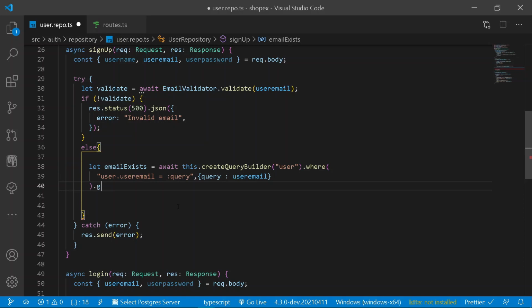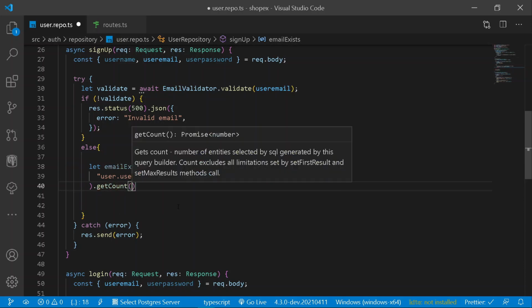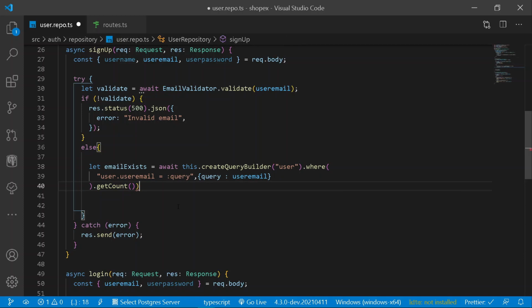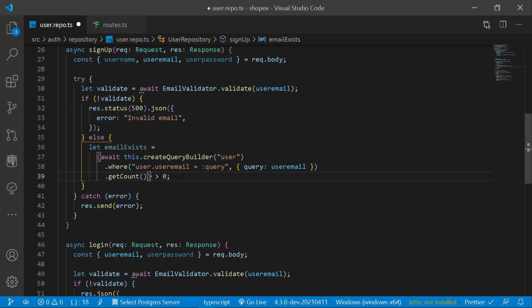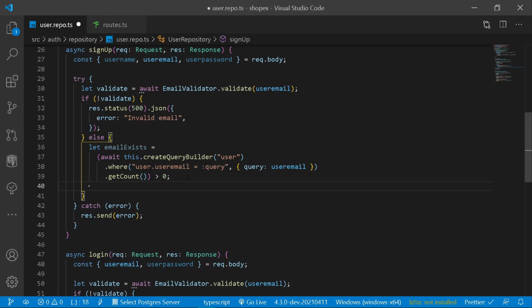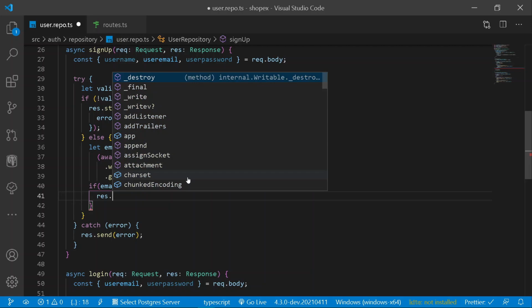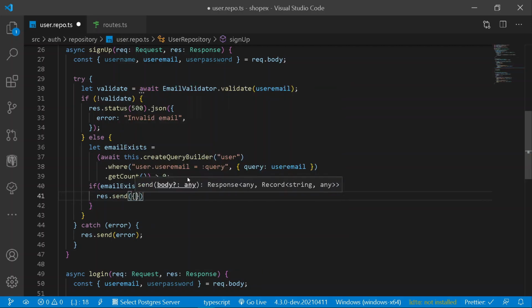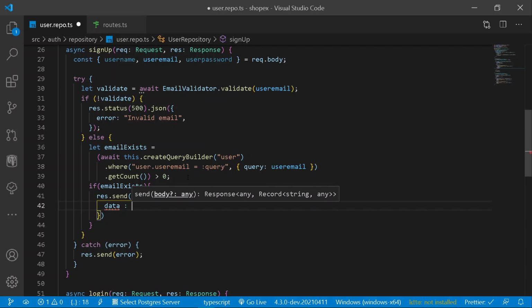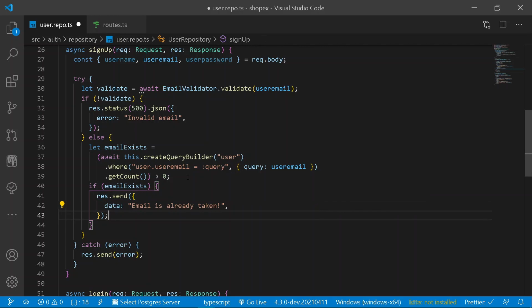If the following thing is so and we are getting a count, so here let's have getCount, and if the following getCount is greater than 0, let's add a greater than 0 with an extra bracket. If the following count is greater than 0, we shall be simply indicating that the following email already exists. So for that purpose, we will be adding here a condition if the following email already exists. Alright, let's add email, and if the following email already exists, we shall be sending a message to our server. So here let's add response.send. Under this send I will be sending a message under a case of data that the email is already taken. Just like this, format document first.